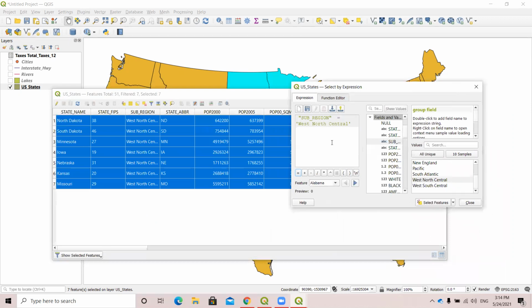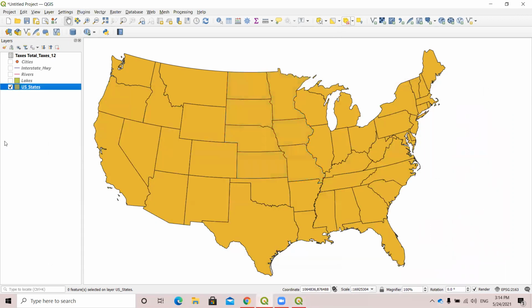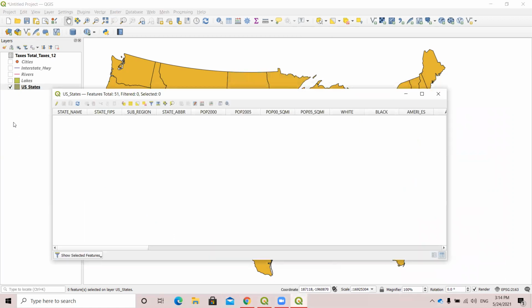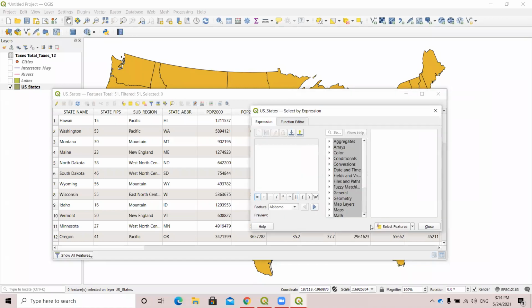So let's add a couple of other queries to this. Let's close this. Let's deselect. And again, your attribute table is here. You see nothing selected. So we go on show all features. Again, open your expression, select by expression. And this time let's write state name. So again, what you do is just go and find your fields and values, state name,